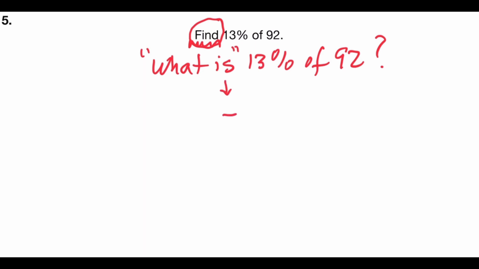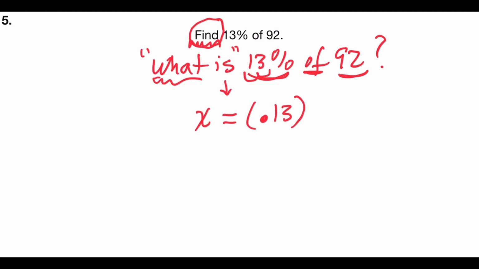Here's the word is, that's my equal sign. The what on the left side is my variable x. Here's my of, so I'm going to multiply 13% and 92. I'll write 13% in its decimal form, move the decimal 2 places to the left, that's 0.13, times 92. Since x is already solved for, all I have to do is punch 0.13 times 92 in the calculator, and I will find out that x equals 11.96. And so 13% of 92 would be